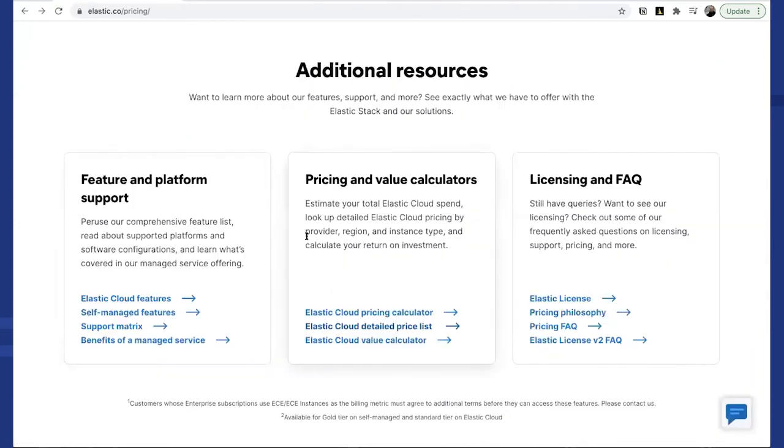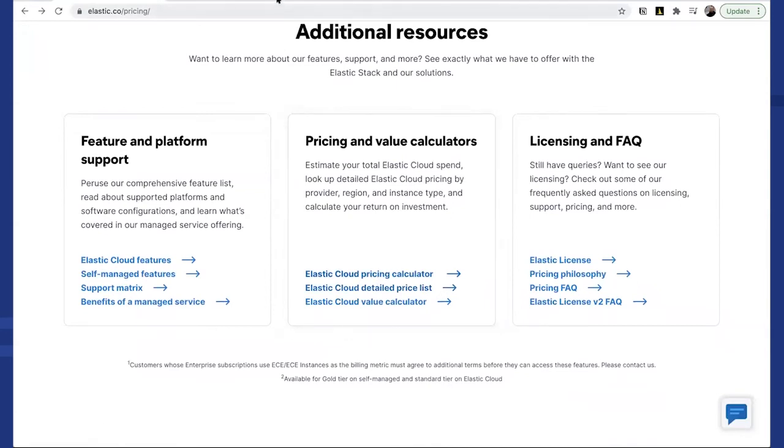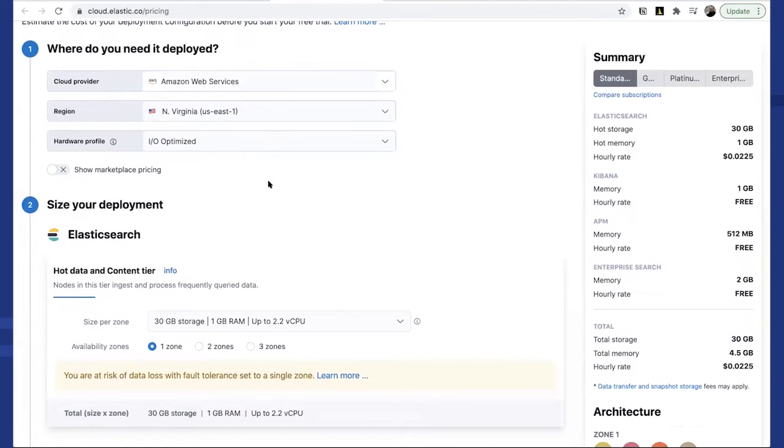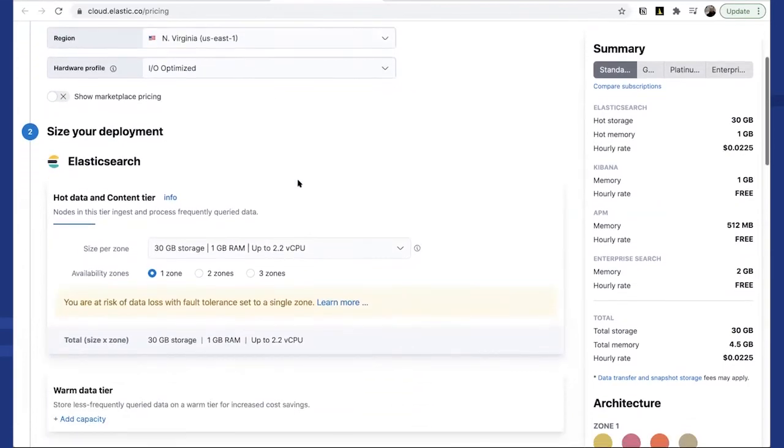Okay, so now let's move to another resource that you have at your disposal. This is called the pricing calculator. Think of this as a deployment builder. As we showed the base units or the resources, you can use that to deploy any use case. For example, let's say you have an observability use case. Now let's go to AWS again, US East 1, and pick the I/O optimized, which is internally an i3 instance. Now you can see for a platinum subscription, you get 0.0307. That's the cost for you per hour.